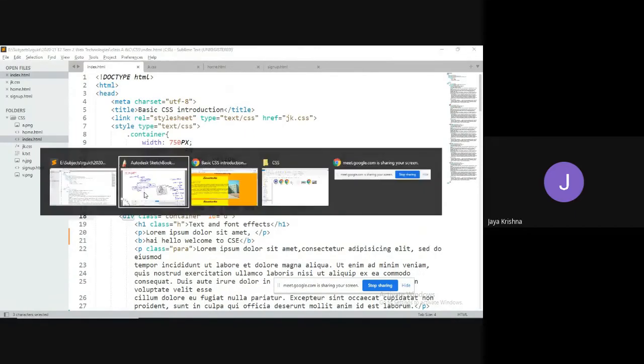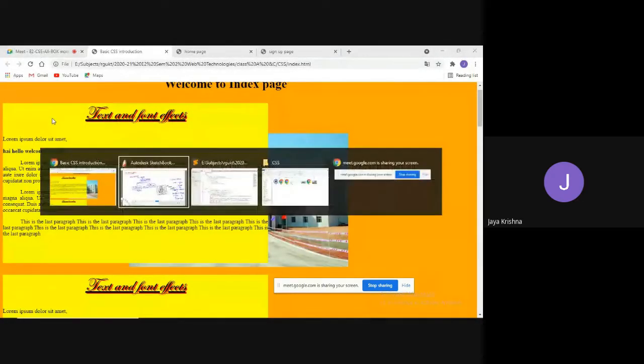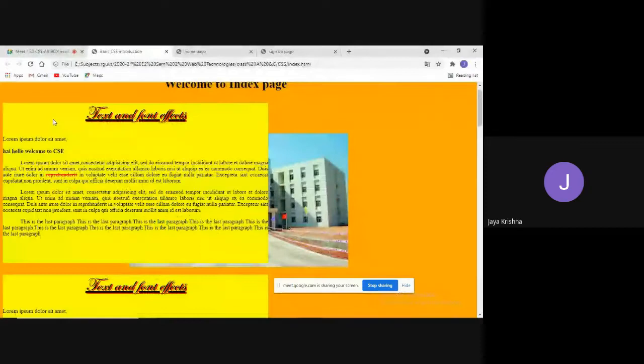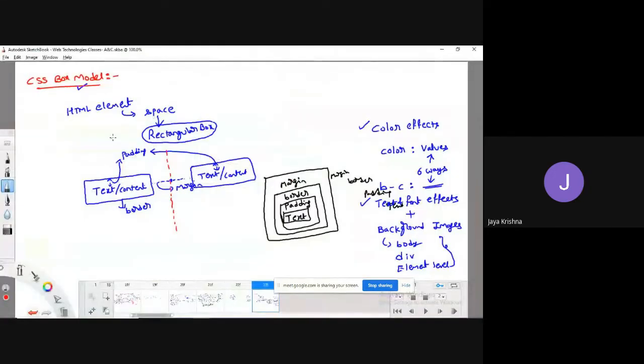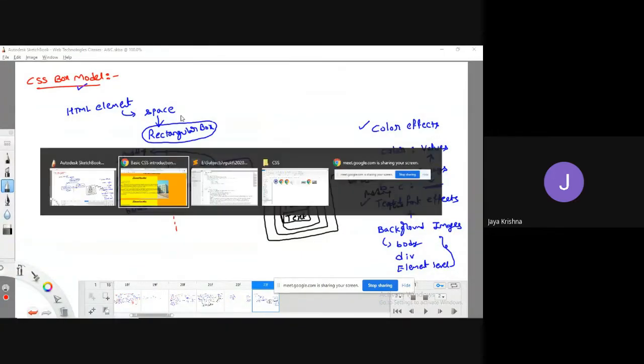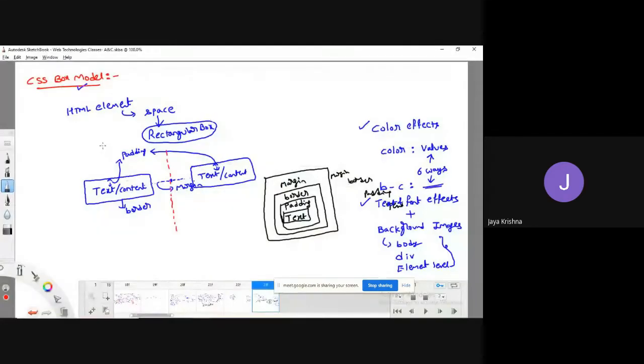For this division, I have defined 750 pixel width and 450 pixel height. Like that, we can define the height and width of every particular element, meaning that our element's height and width is occupied up to here.